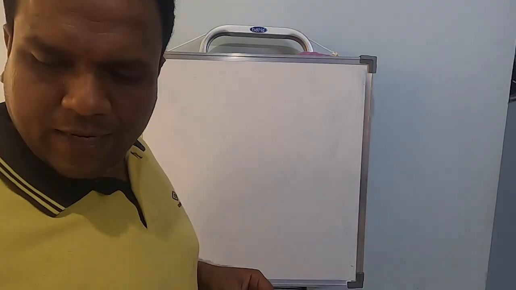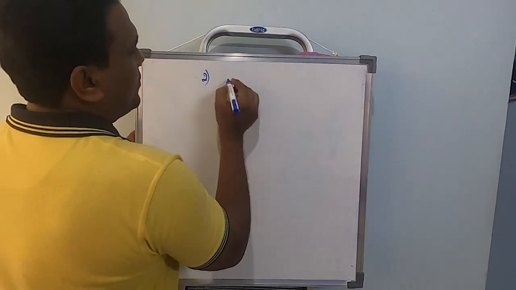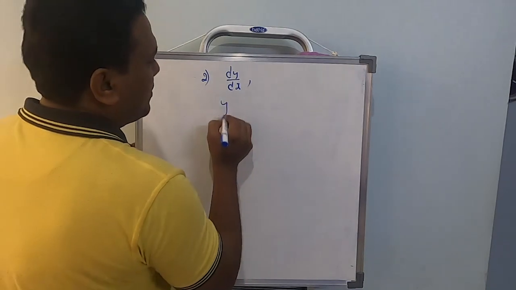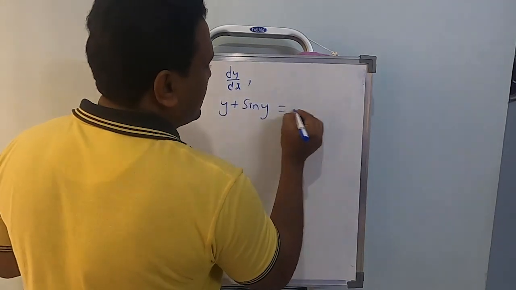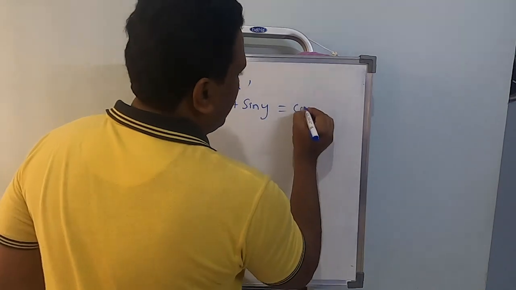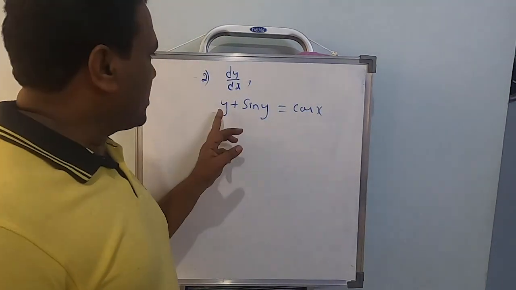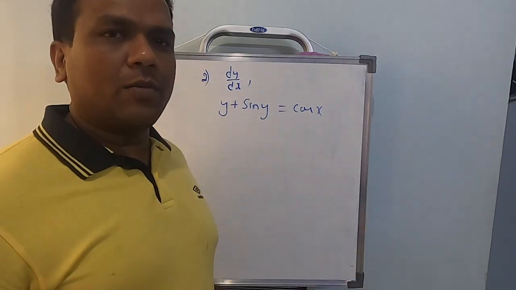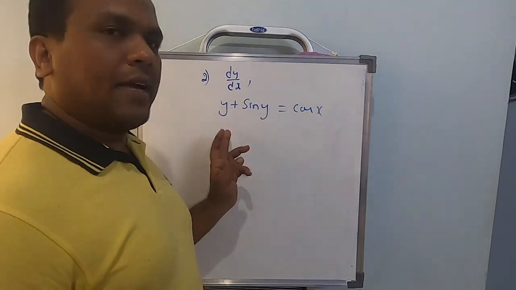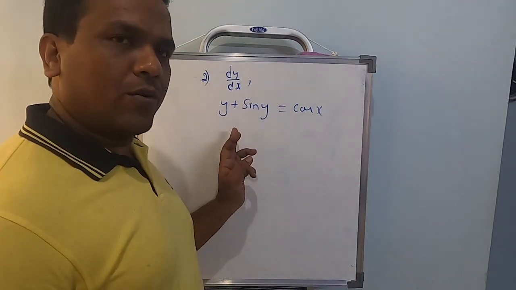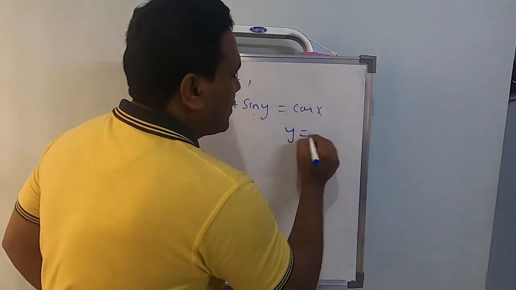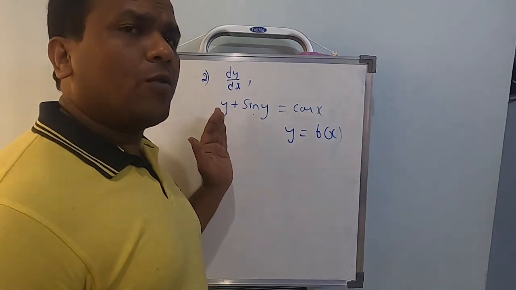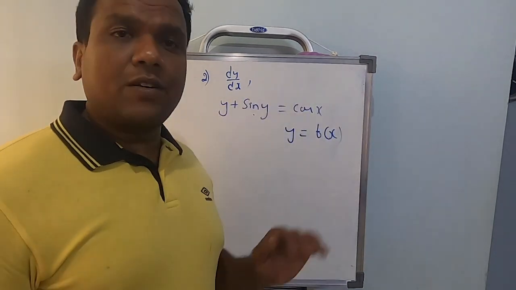The second problem, you have to find dy by dx. The given function is y plus sin y is equal to cos x on the right hand side. As you notice, there are 2 terms which contain y. So that's the first hint to recognize it's a problem based on implicit functions. It's not possible for you to express this in the form y equal to f of x, meaning only y on the left hand side. Term of y has to be there, and the remaining everything should be shifted to the right side.